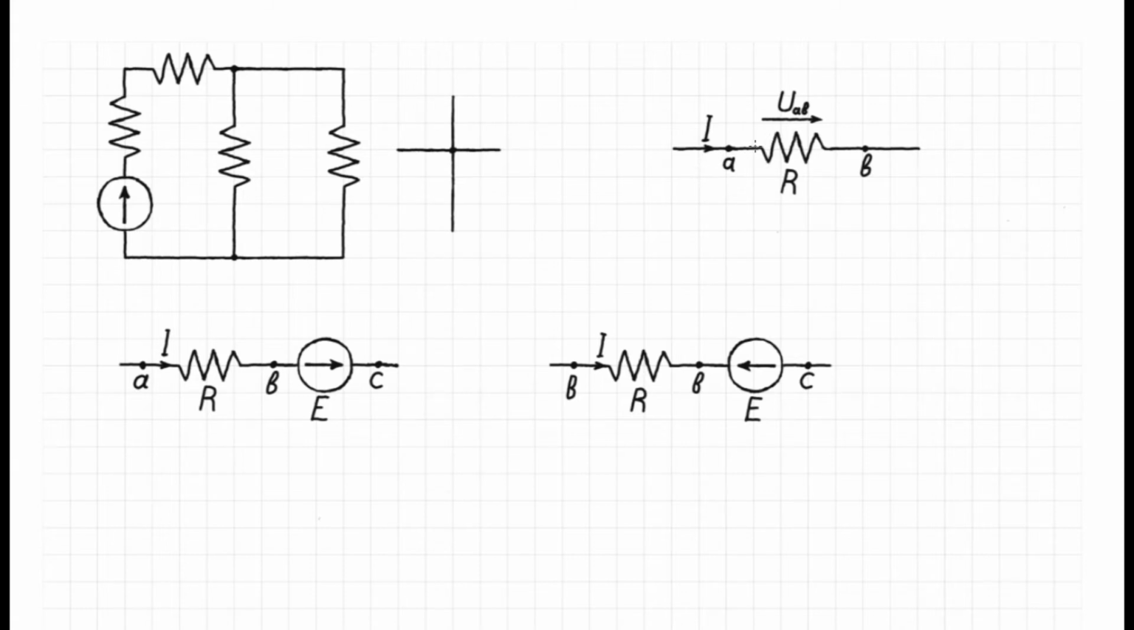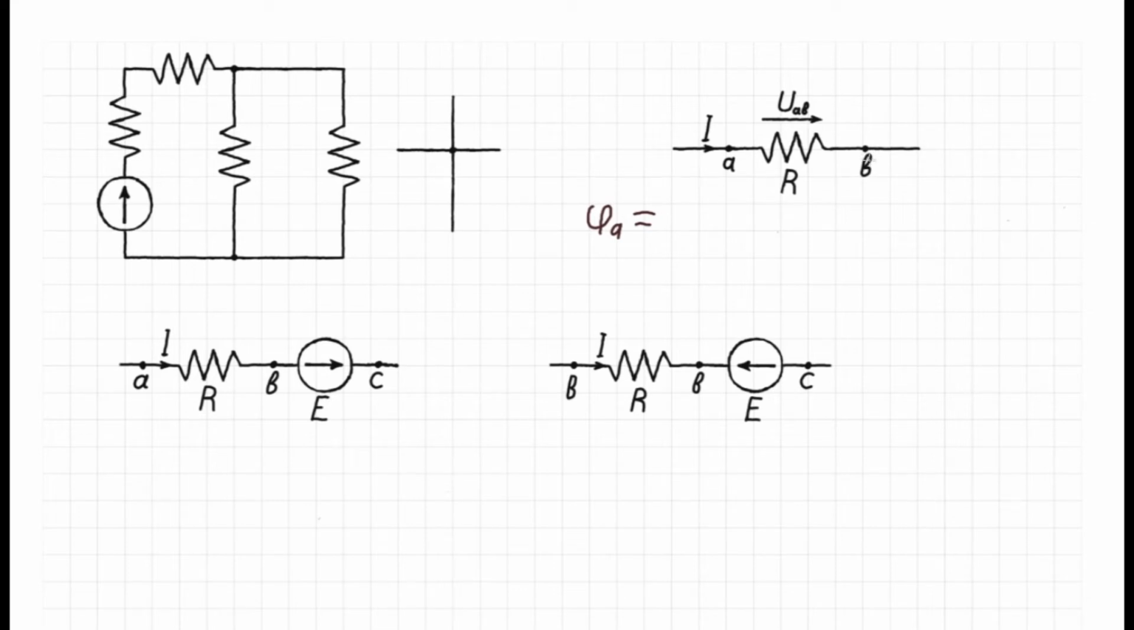This branch contains the resistor and voltage on this resistor, and also this branch contains two points, point A and point B. From point A to point B flows the current, and we will designate the electrical potential at point A with the Greek letter phi with subscript A. This potential equals the potential at point B,